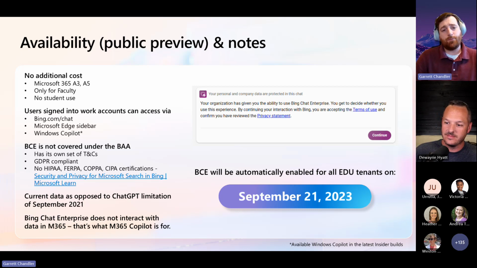Another interesting point here, and I want to call this out, and Dwayne and I kind of went back and forth on this, is we want to call it out and know that Bing Chat Enterprise today is not covered under the BAA agreement. So we actually had this question last time. We wanted to talk about it for a little bit. But because this is really a Bing service, Bing itself is actually not covered under the BAA. And so because we're just using and interacting with the Bing service, Bing Chat Enterprise is not covered under the